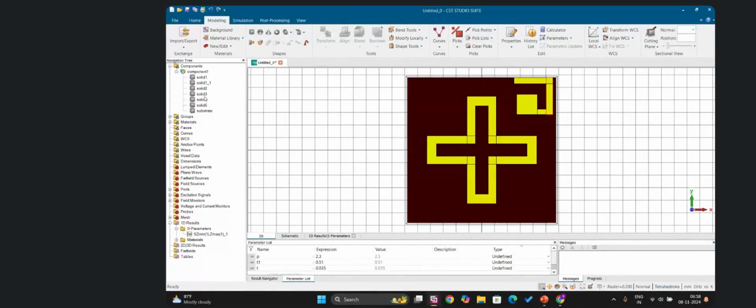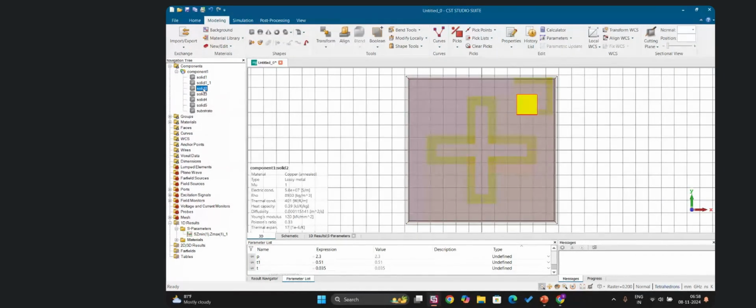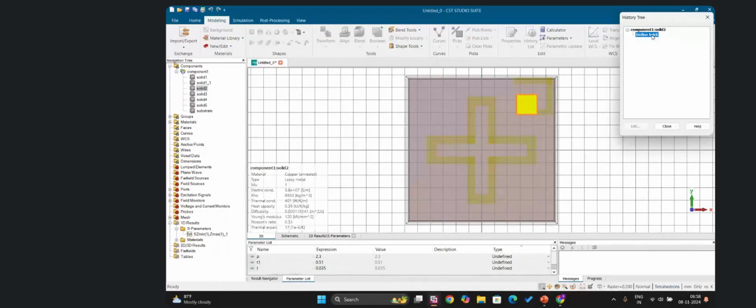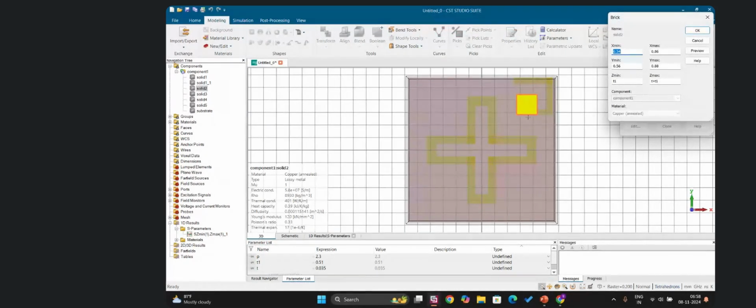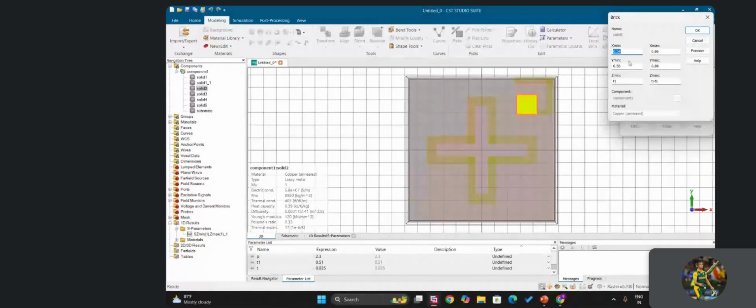Okay, I will just repeat the steps. So I will show you. The dimensions of the little square patch here are 0.542, 0.86 and 0.56 to 0.88. The height of the patch is T1 to T plus T1,